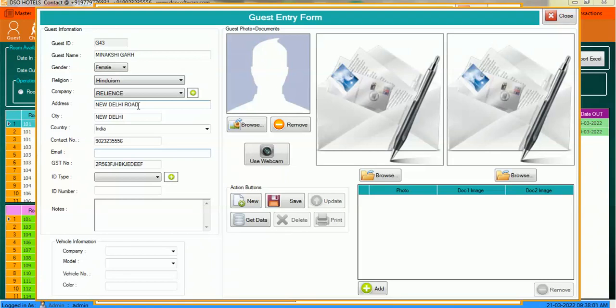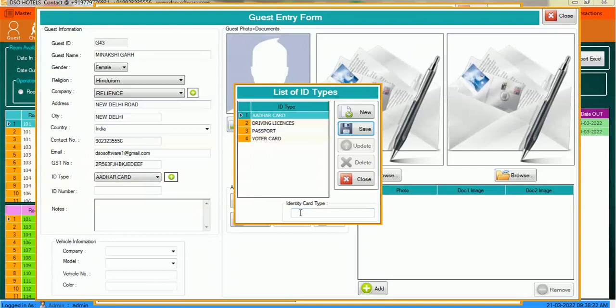For example, I am putting here DSO software 1@gmail.com. ID type: the ID which you have taken from your guest, like Aadhaar card, driving licence, or any other, you can add from here. If you want to add a new ID type, you can add it here by clicking on the plus.